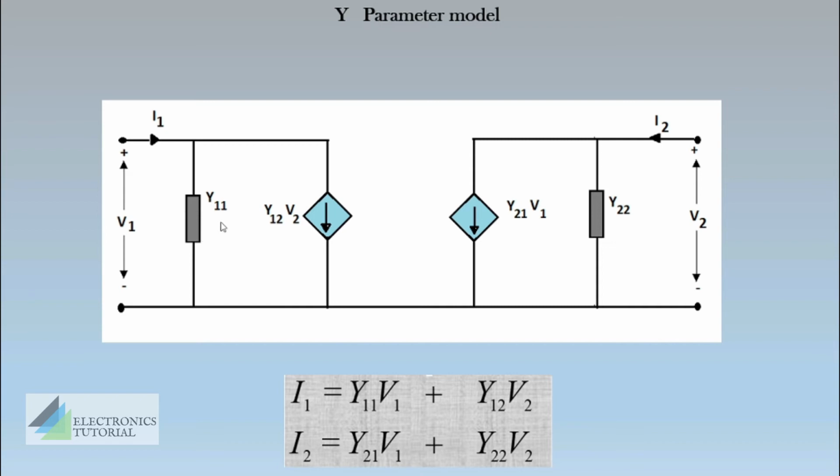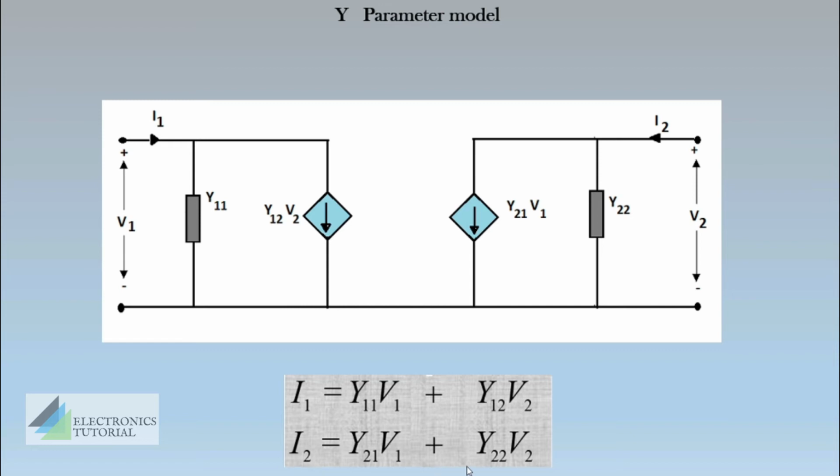Here y11 is the input side admittance. Y12 is combined with v2. Y into v is a current term. So we can mention it as a current source. This current source is also shown as a dependent source because the value of this current depends upon the voltage value in the output port. We know a practical current source is shown together with a parallel impedance. Here, the reciprocal of impedance, admittance, is shown, but it is seen in parallel with this current source.